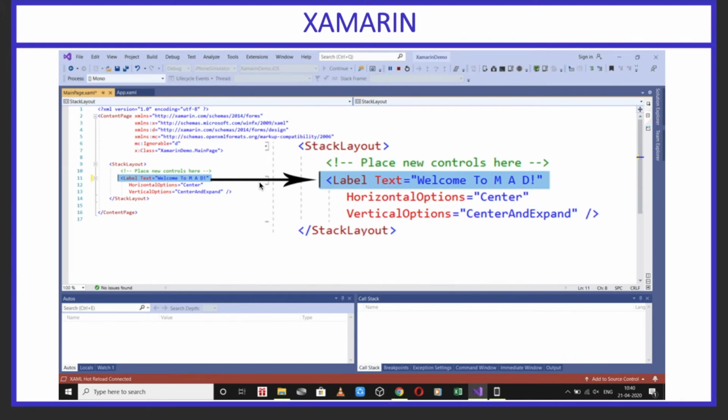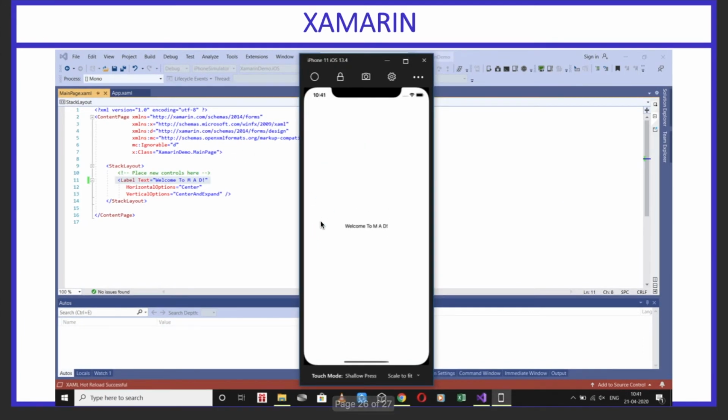Now I want to change this to Welcome to Mobile Application Development, so I have given Welcome to MAD. If you press the save button, immediately that will be reflected in the execution. So this is how you have to install the iOS simulator in your Windows based operating system.